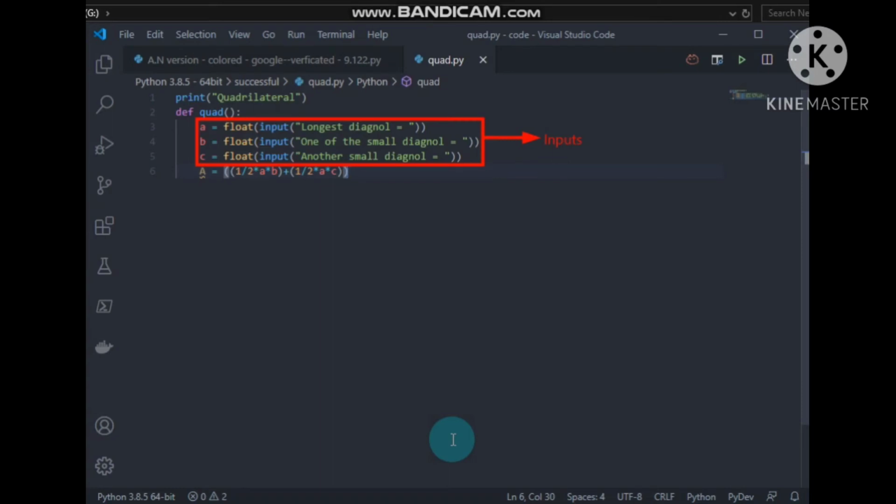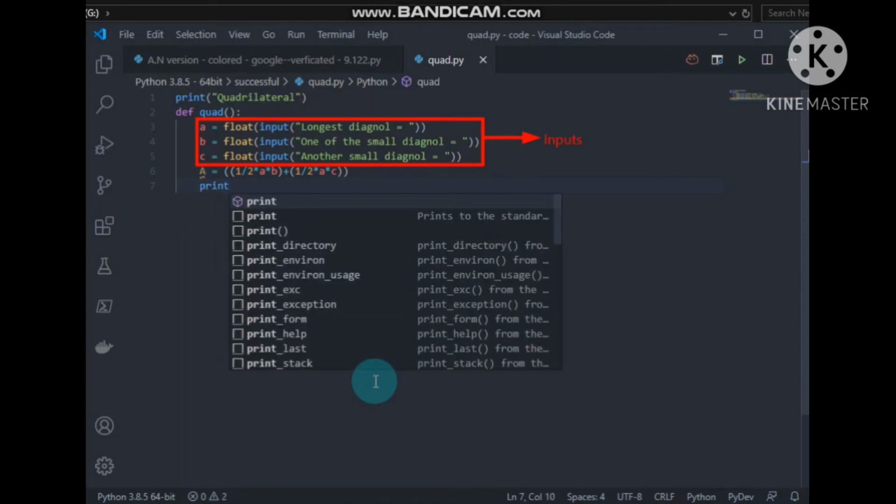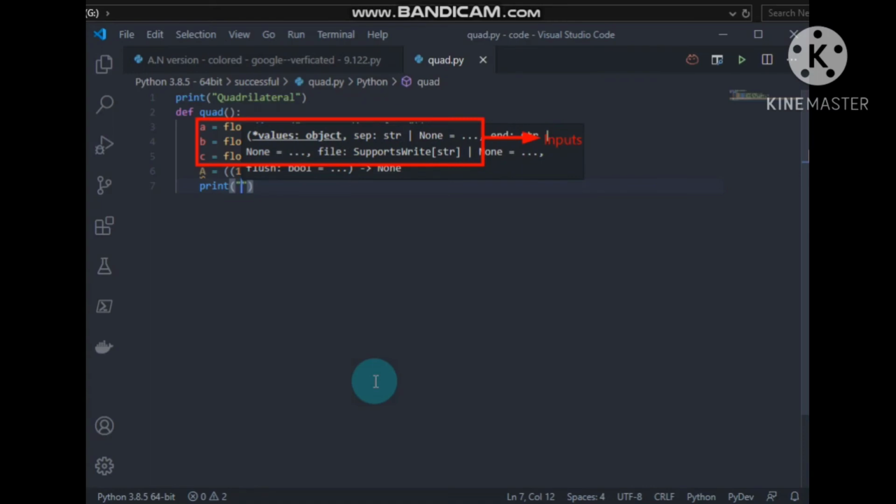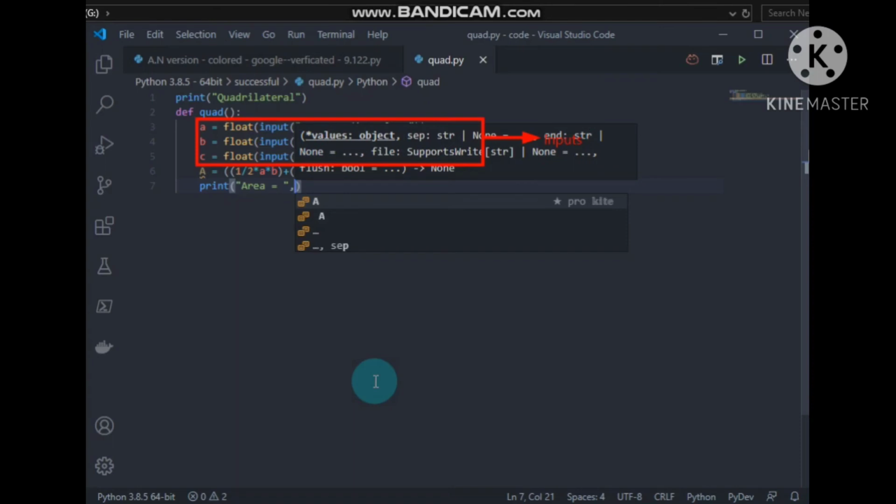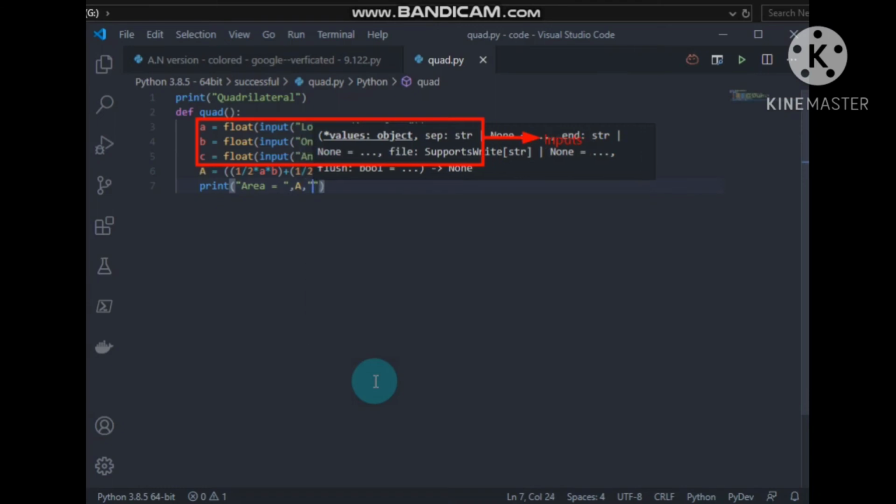The area formula is over, and it's a lengthy process to find the perimeter, so I'm not doing it here. So we'll just print out the area. So type print area equals, as we have represented area as capital A, so capital A, comma, area will be measured in square units, so square units,